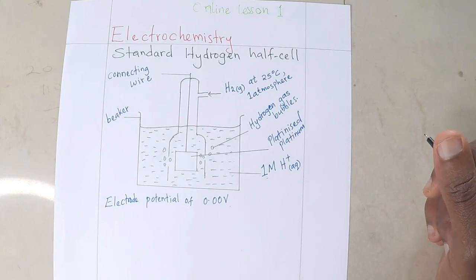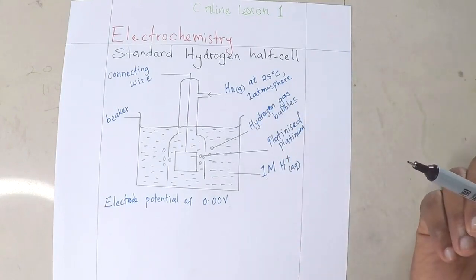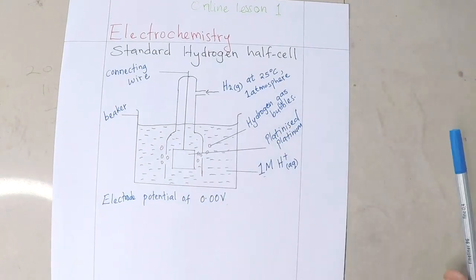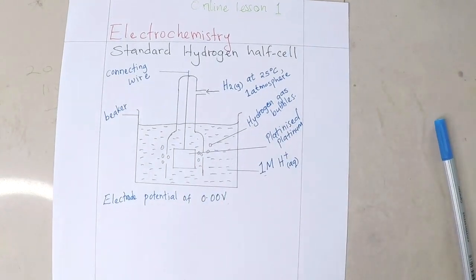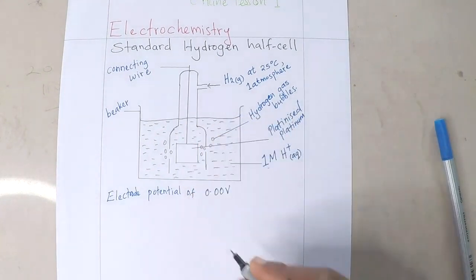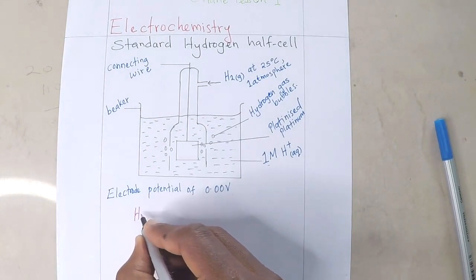The platinized platinum is used as the electrode for the hydrogen half cell, and it is always used when the electrode does not include a metal, for instance in this case hydrogen. Since it provides a surface on which hydrogen and the hydrogen ion system gets into contact, then the equation that takes place when hydrogen is ionized here is that hydrogen gas